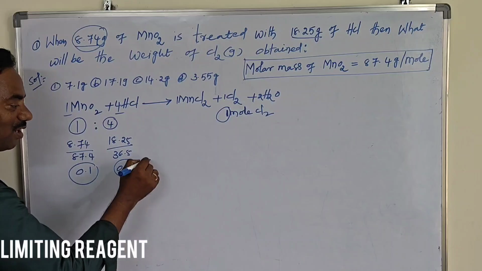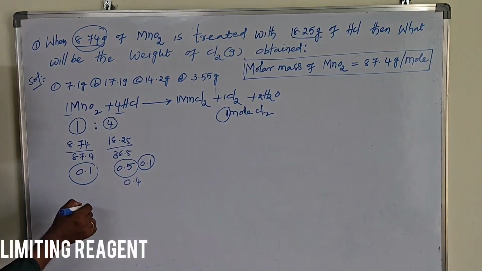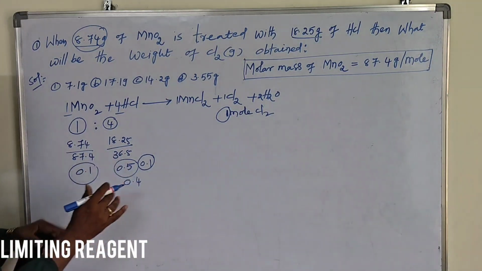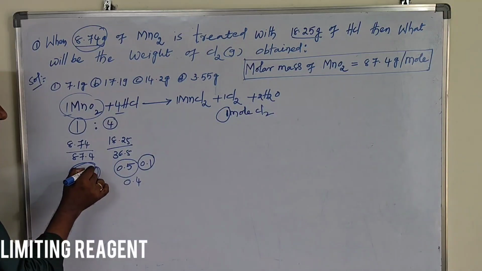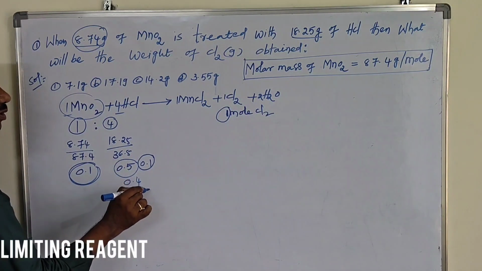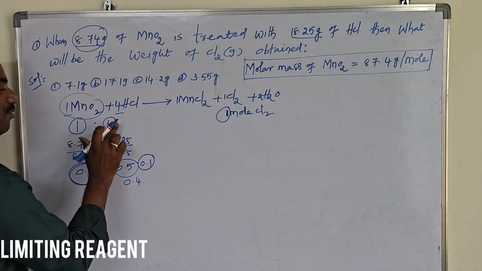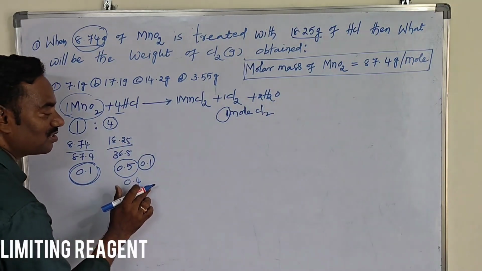Here 0.1 mole of HCl remains, which is not reacting. According to this data, MnO2 is completely consumed. Because from the equation, 1 mole reacts with 4 moles, so 0.1 mole reacts with 0.4 moles,